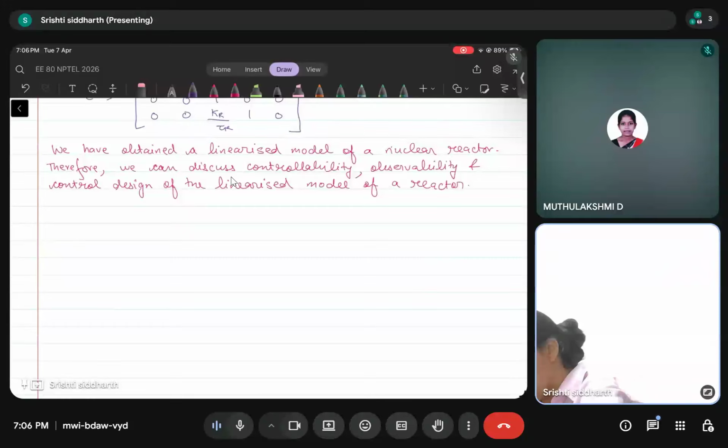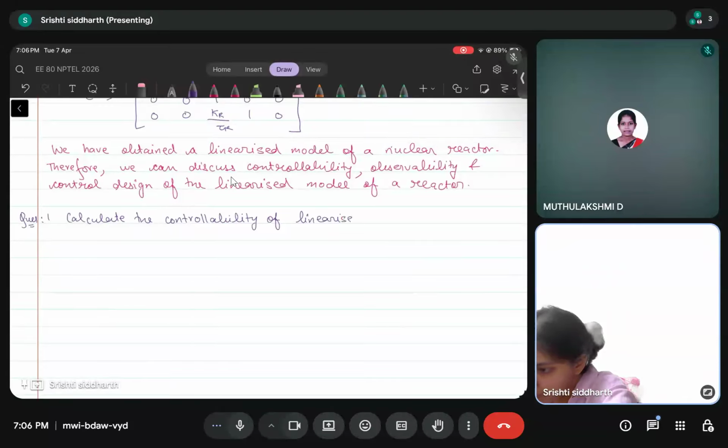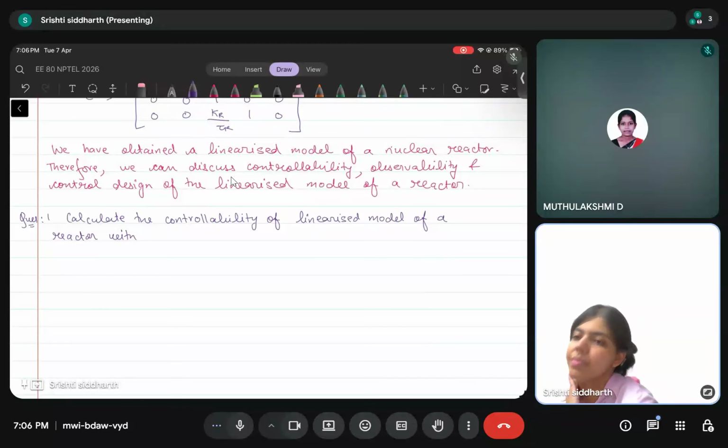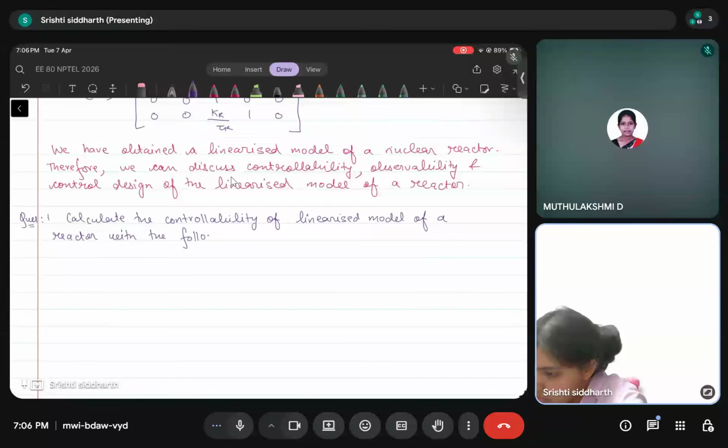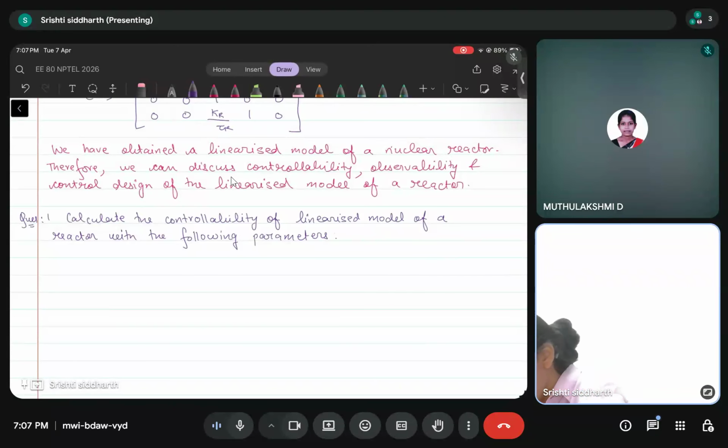All right, so let's look at a question. Calculate the controllability matrix of the linearized model of the reactor with the following parameters. So beta is 0.005, lambda is 0.04,